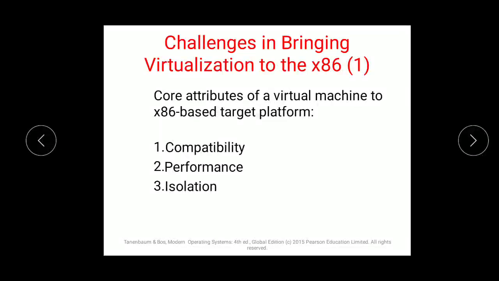So what were the core attributes? What was the actual need, or we can say what was the actual output which x86 was giving us? That was compatibility. Compatibility means it was expected that a compatible, consistent platform can be given, and it could work on any of the hardware if we apply virtualization on the x86, that is on every machine. Performance is high performance.